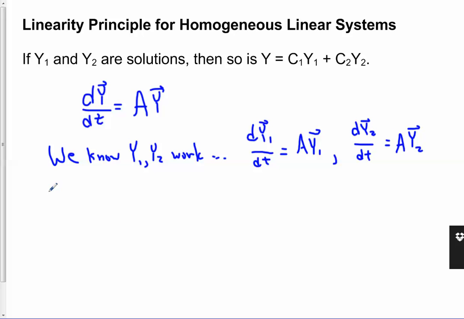Okay. Then we can verify that when we put this linear combination in,